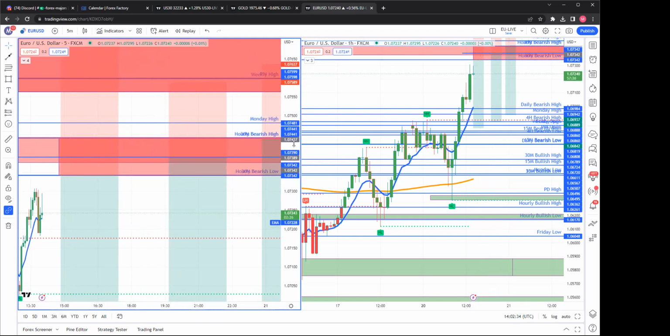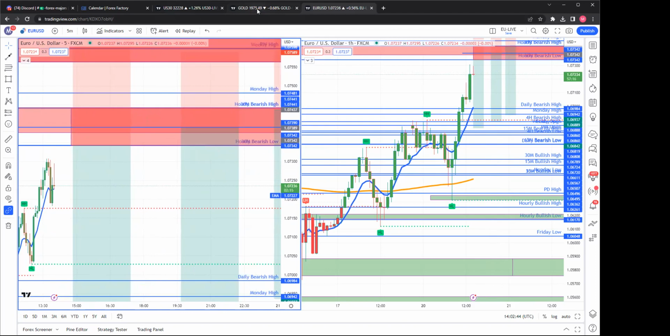1.07342, 7389, 7347. I set a pending sell here, pending sell there, pending sell here, and then that's it. I just let it ride, if that makes sense. But if I'm on the live session, if I see the price is going heavily against me